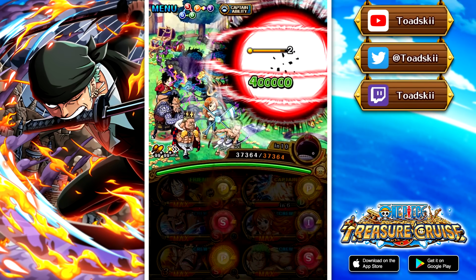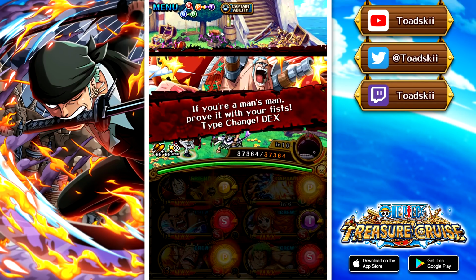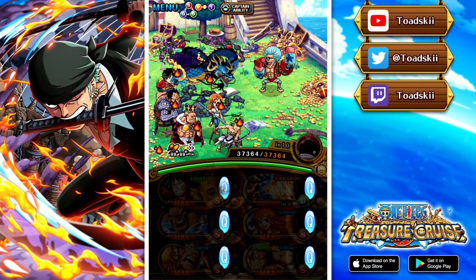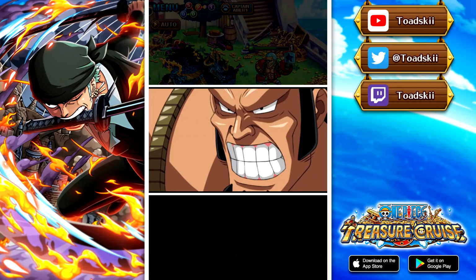I just like the speed rather than using Buggy to get one additional dupe drop, because the thing is, you do still have to stall for your specials. That will take a little bit of time to do, whereas with Kaido, you don't even need to stall at all. You can just run through the content. It's very quick, and while yes, you do miss out on one additional drop with Buggy, I just don't think